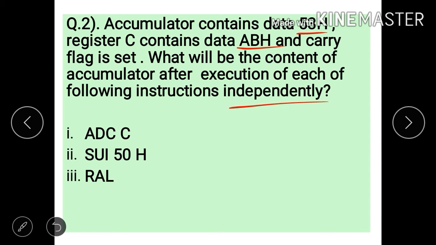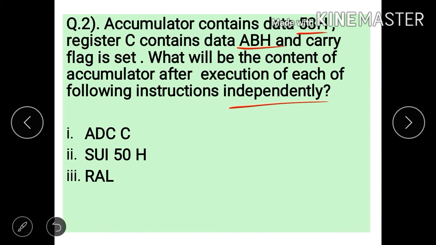For the first instruction, ADC C, we will add the content of the accumulator with the content of register C and add the carry to that. Then we will get the result in the accumulator. That result we will not carry forward into the next instruction because we are executing the instructions independently.